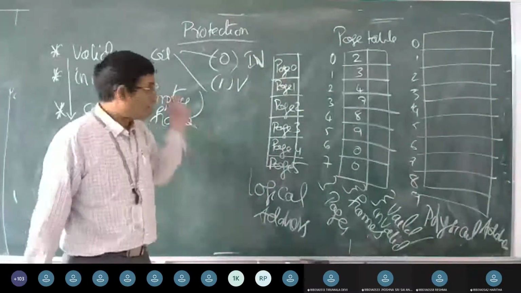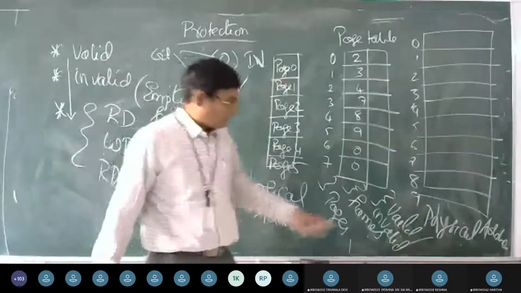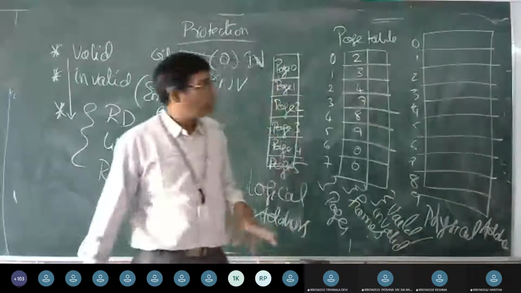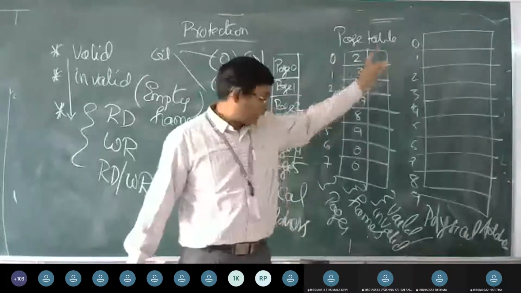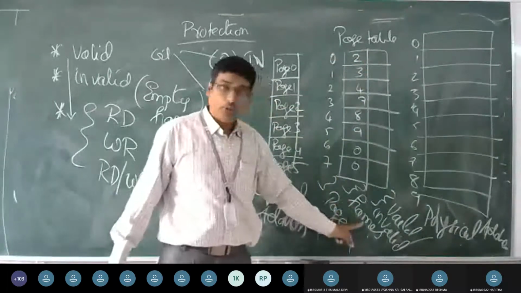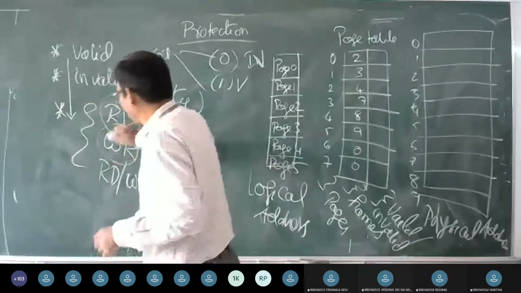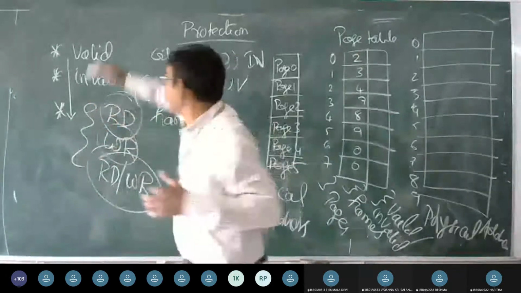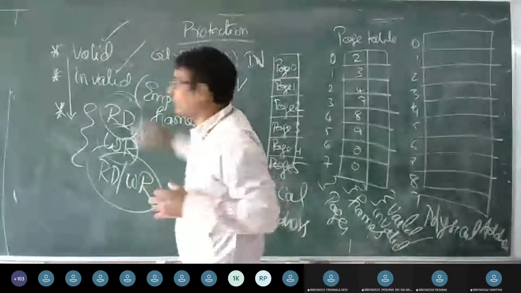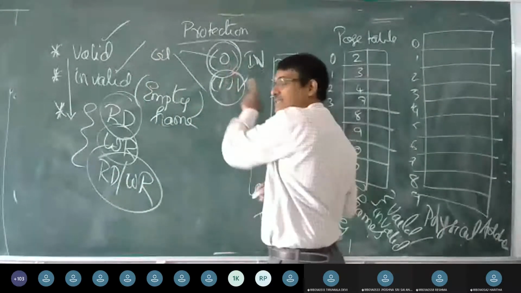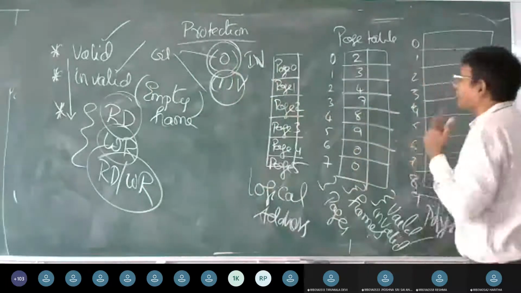So we have a logical space with all these pages. We have physical space which is going to be associated with this example. Then we have a page table. We do have pages and we do have frames. Now we have to represent read, write, and read-write using valid bit and invalid bit, and that too we have to represent with values called zeros and ones.